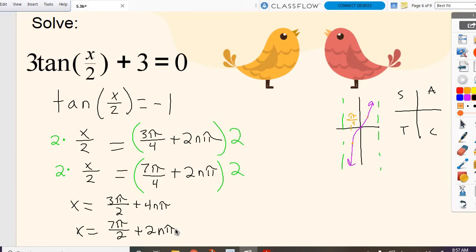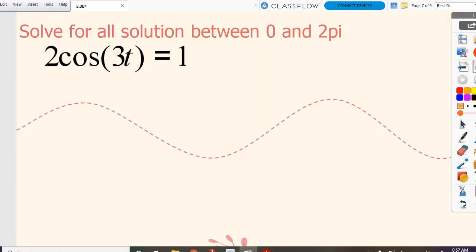So let's look at one last example. This says solve for all solutions between 0 and 2 pi. So we're back to radians, so that's fine. This time we are looking for all of the solutions just between 0 and 2 pi. Again, I have a 3 on the inside, so we're going to be using that same type of